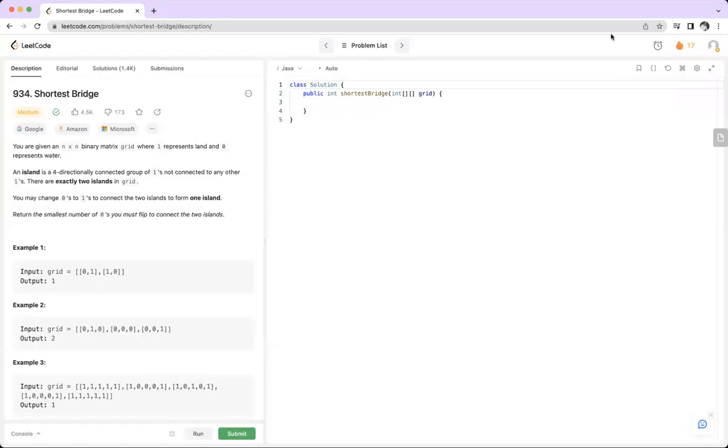Hello guys, so today we are here to solve this shortest bridge problem. This is today's daily LeetCode challenge problem and we are going to solve this problem. So let's start. To solve this problem, we are going to start one